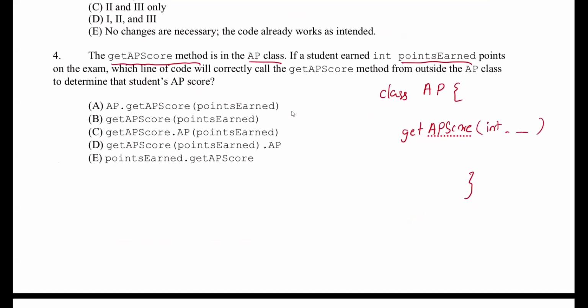Okay, so this is inside the AP class. Now we are calling. Let's say this is a main function. So we want to call this method from the main. How can we call it? To call a method outside of the AP class, if you want to call something outside of the class, you will need to write